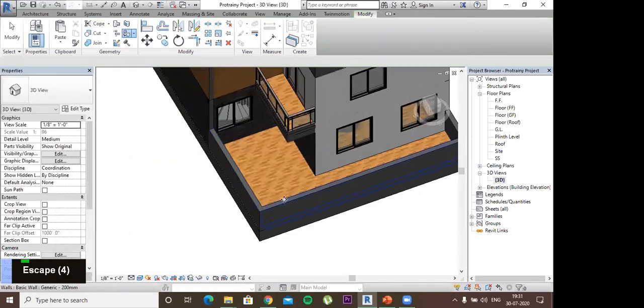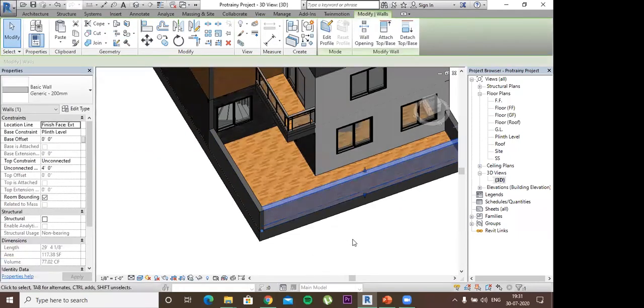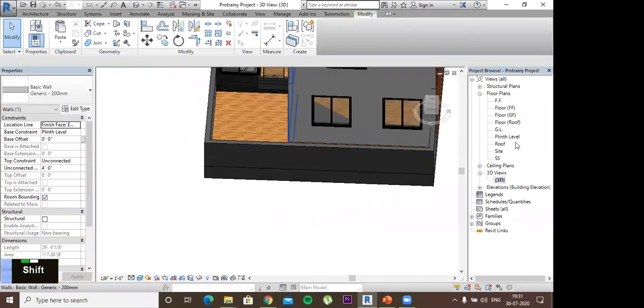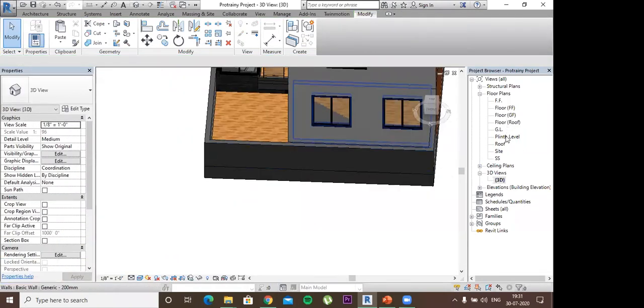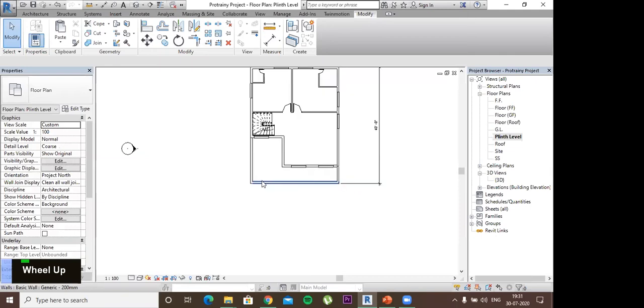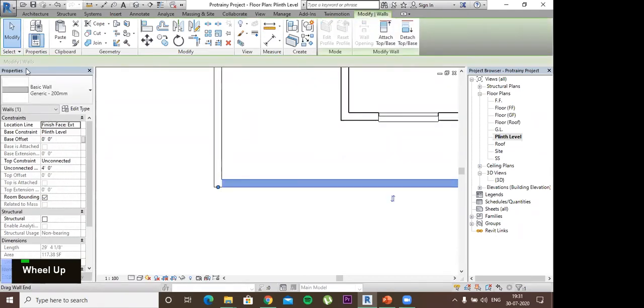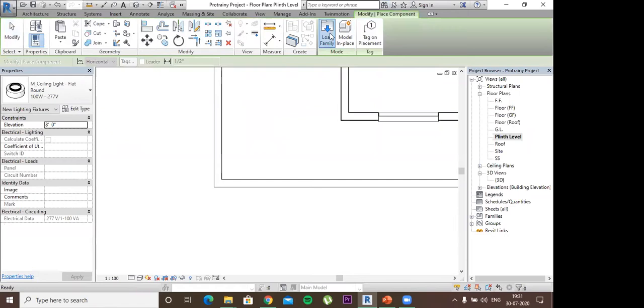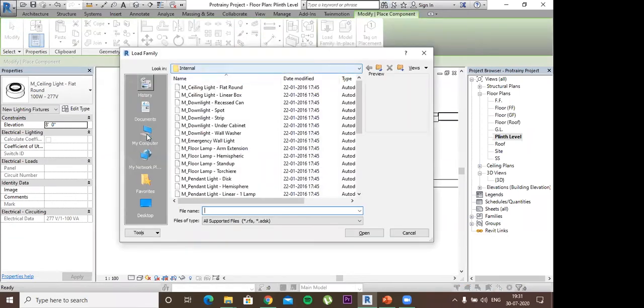And then suppose I want to create a gate here so that I can park my car. So first I will go to the plinth level. I'll go to architecture, I'll go to component, load family. I have some components which I have already downloaded.